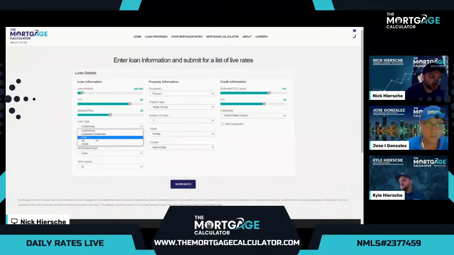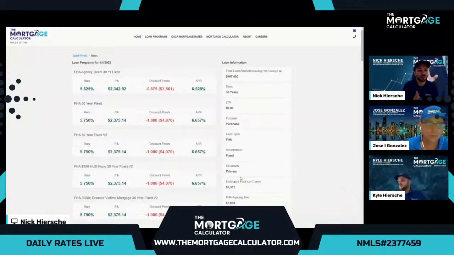The one that we always want to quote here every morning as well are the FHA programs. Super common. Someone who doesn't quite qualify for conventional can still purchase a home under FHA guidelines, which are expanded on their DTI and whatnot. So we'll keep everything else the same here for our scenario, and we'll see what the FHA rates are for